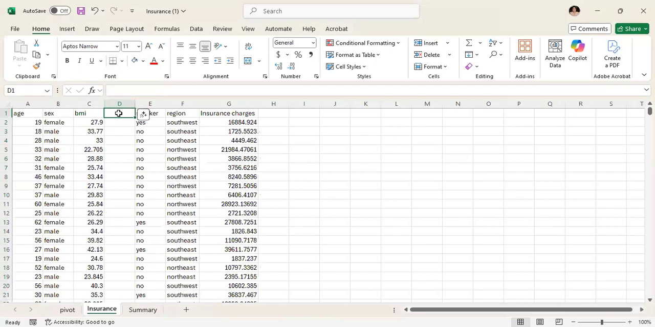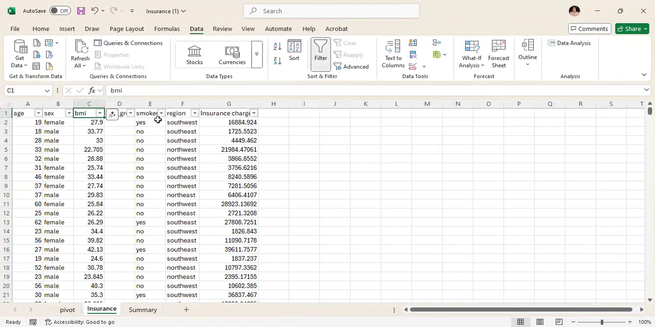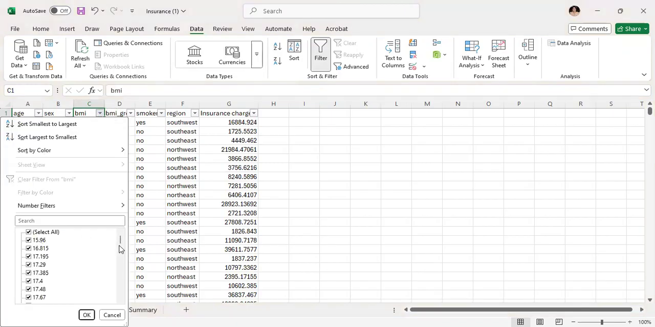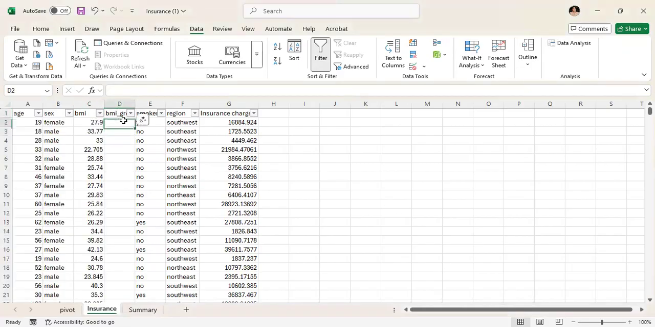So I say BMI group. And if I go here and look it up, I have BMI from 15 up to 53. So I want to group it, saying less than 25, 25 to 45, and greater than 45. So I put in a formula, is equal to